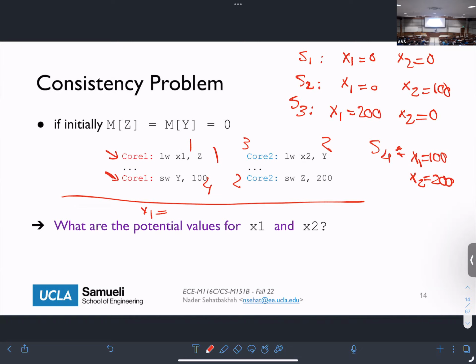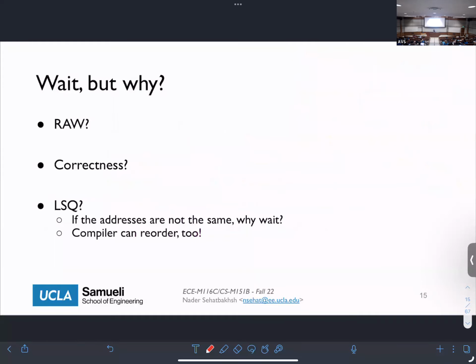By the way, we didn't fix the writes into the same address. We kind of did something we called memory disambiguation, which is not important. But remember that we basically do the RAW for the same address. What we are talking about here is writing to a different address. So nothing to do with RAW data hazard.